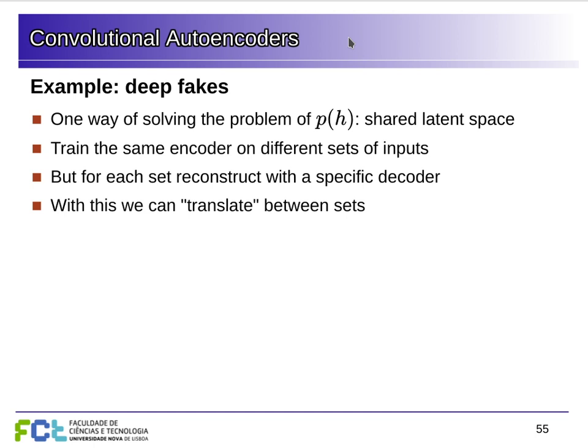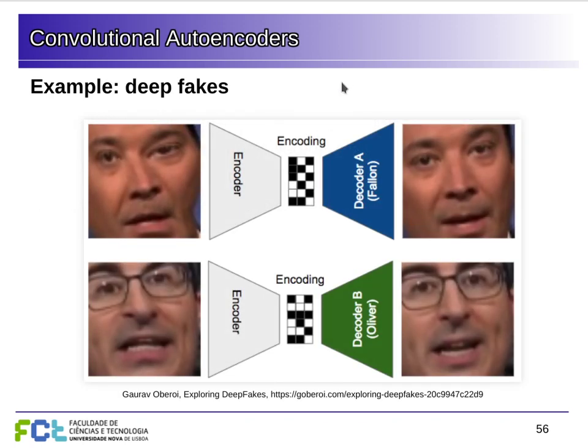One example of using these convolutional autoencoders, and also solving that problem of estimating the distribution of our hidden layer, is to share the latent space. So just to go quickly by with this example, this is for deepfakes. We train one encoder with distorted images of Jimmy Fallon in this case and John Oliver. So we are adding noise to the input images, using the encoder to build a latent space representation, and then